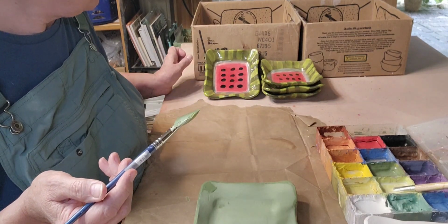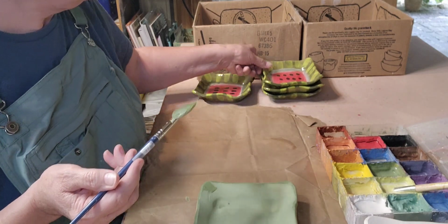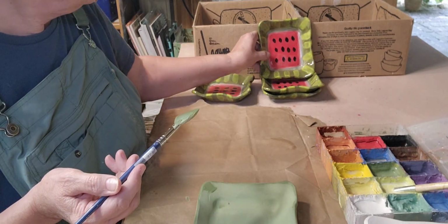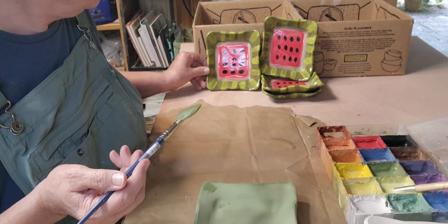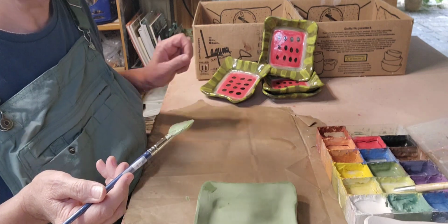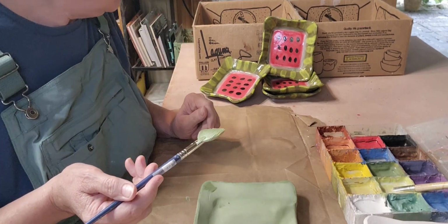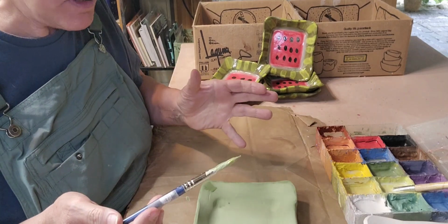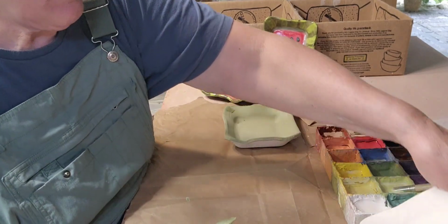See if I can prop that up so you can see those. I don't know, can you see them? There we go. Not going to stand. Oh well. They look like a piece of watermelon over there, don't they? I guess I could have made them into the shape of a watermelon slice. That would have been cute, wouldn't it? But anyway,